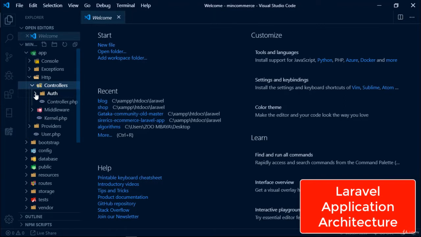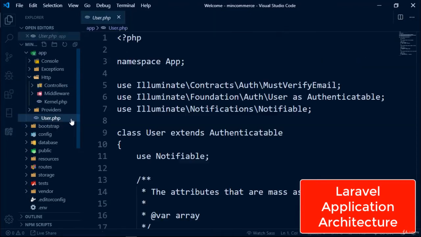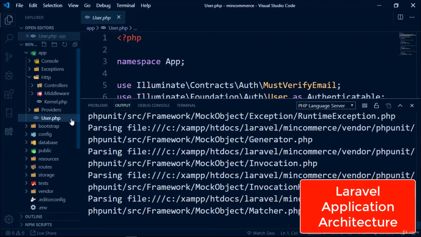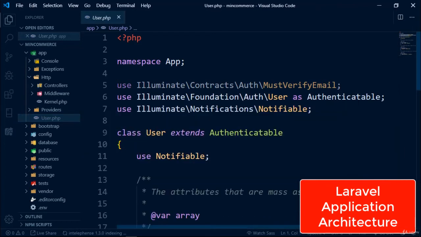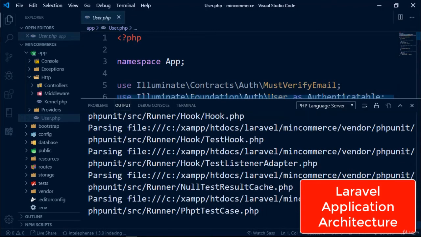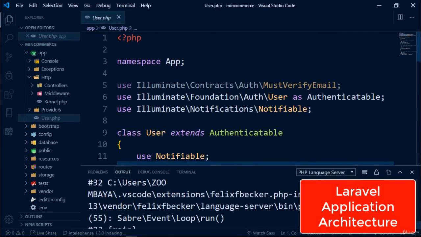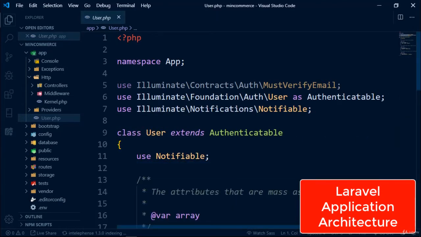Okay, those are the controllers, and then we have the models. So what are models? View the model as the database. Anything to do with the database is dealt with using the models. Okay, close this. So anything to do with the database, retrieving data from the database,